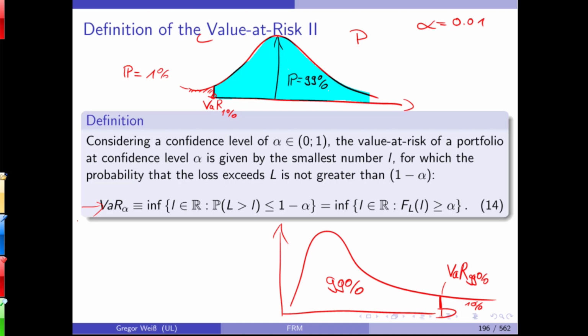What does the value at risk tell you? It tells you that this value is exceeded in 5%, 1%, 0.1% of all cases. So how would you interpret a value at risk of 1.3 million if I were to tell you this is credit risk? This is the 5% VaR and it's yearly data.